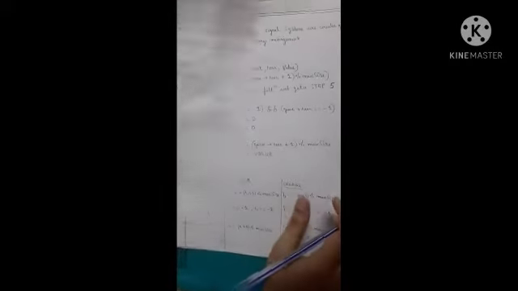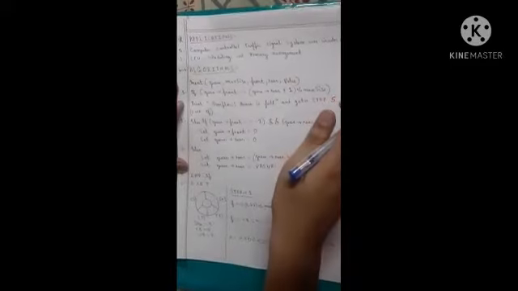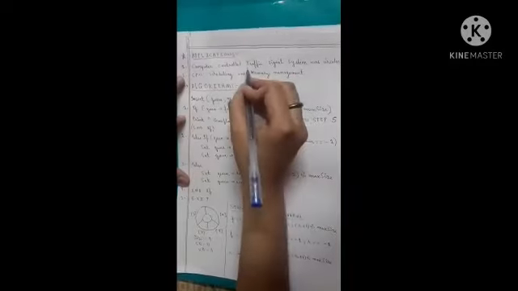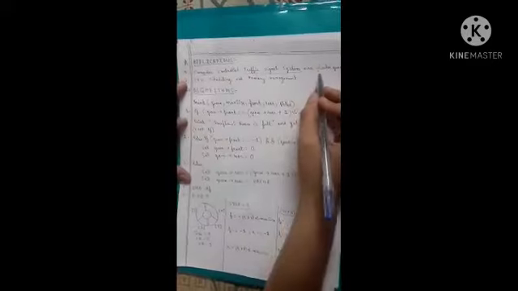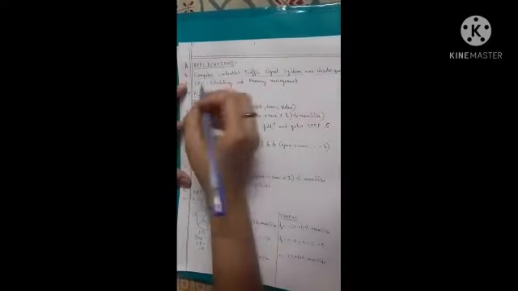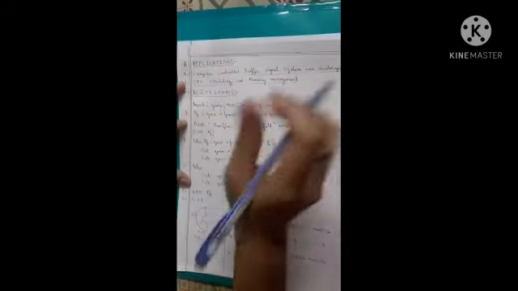Okay, so this was the introduction part. Now what is the application of the circular queue? You might have seen, we can take one real life implementation, that is when the traffic signal system is controlled by a computer. That can be an example of the circular queue, and then task scheduling in CPU, memory management, these all are the applications of the circular queue.